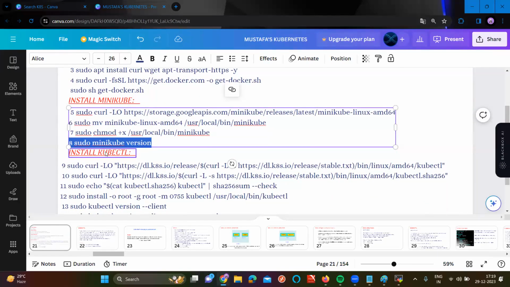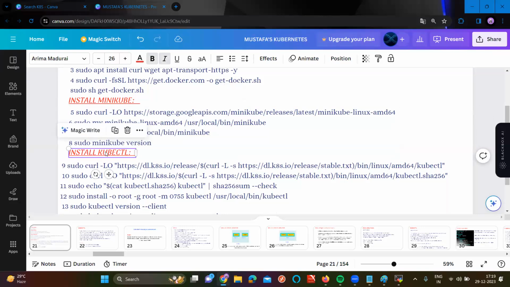Now I want to install kubectl. The concept is very, very easy. Just try to understand. kubectl is a command line tool for Kubernetes. In Docker, which commands do you use? Docker run, Docker pull, Docker push. In Ansible, you use ansible-playbook, ansible-galaxy, ansible-vault.